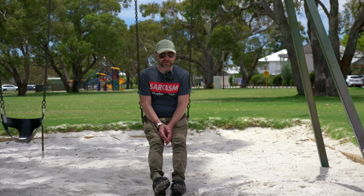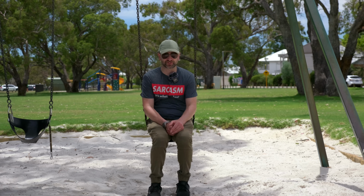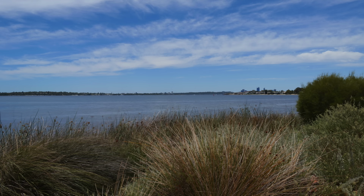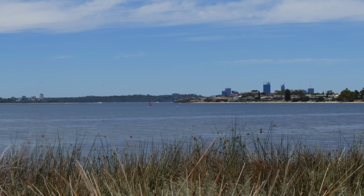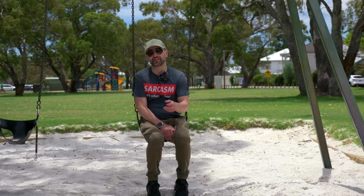And the last reason I traded up my GH5 Mark II back in for the G9 Mark II is the handheld high resolution mode. Now for micro four thirds, we get a 25 megapixel sensor, which is more than enough, but if we need to get a high resolution 100 megapixel image, we can, and it's all done in camera. Gone are the days of having to transfer all those files to your computer and then compiling them in some sort of software. It's all done in camera, so you can simply get a really high resolution photo with very